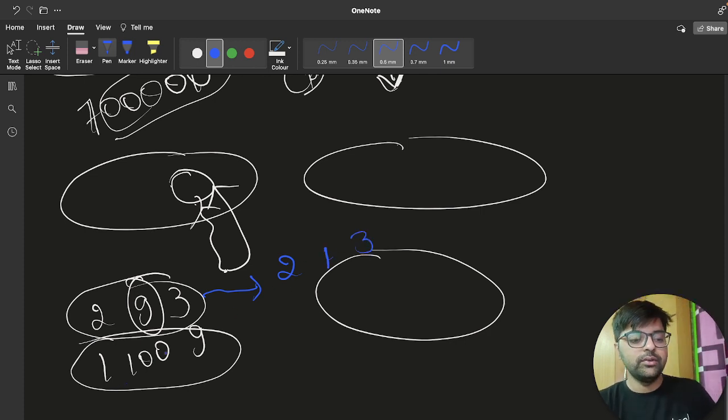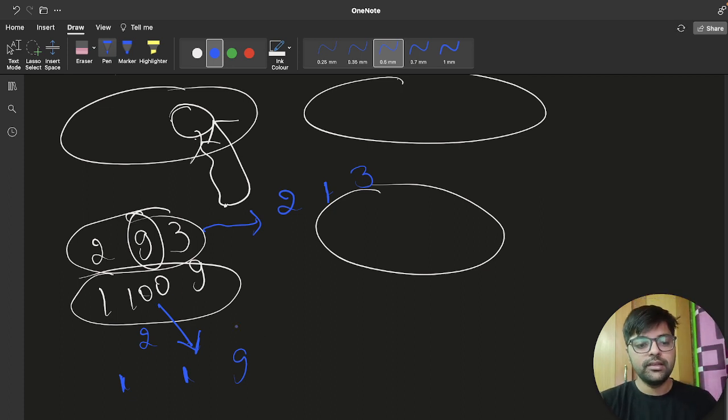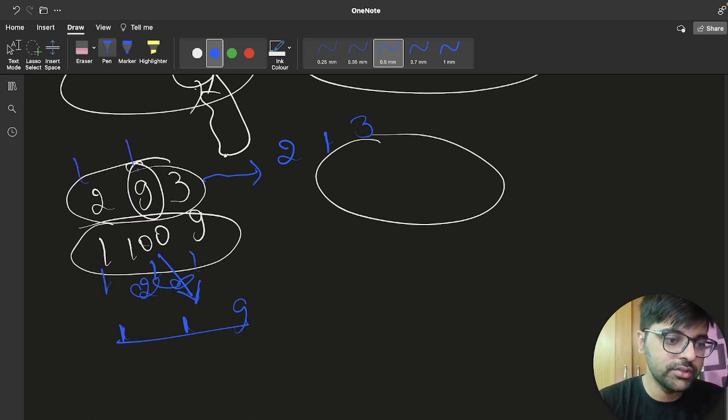And then I will apply operations here. So I will apply 100 operations on 100, 2 number of operations, then I will get 1, 1 and 9. Let's say I will make all these 1 and this also 1 in 6 or 5 moves.